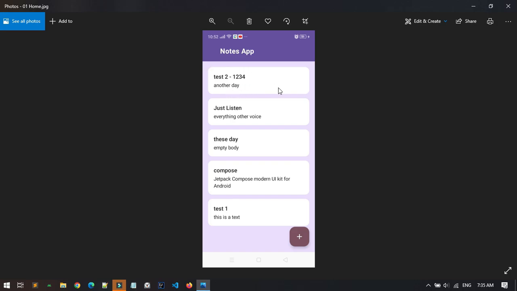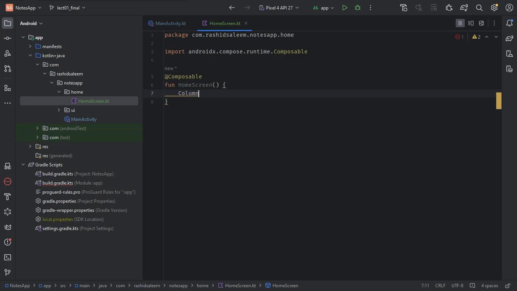In this UI we have a list which contains items, and a FAB button which is used to add a new note. First we will start with this list. Before creating the list, we will first create the list item. In this list item, we see that we have the title and the description of the note. As they are stacked vertically, we can use a Column for that. So first we will use Column,